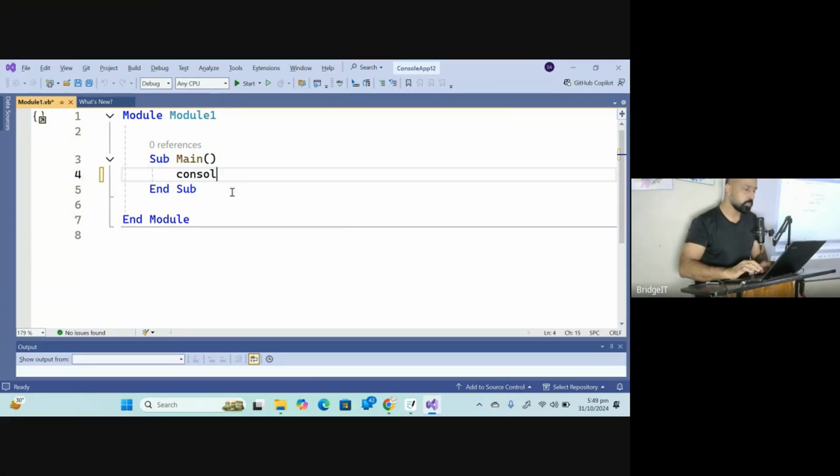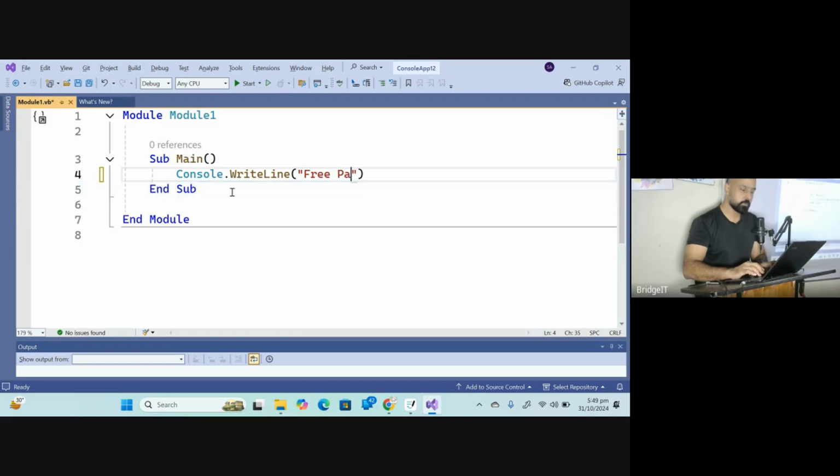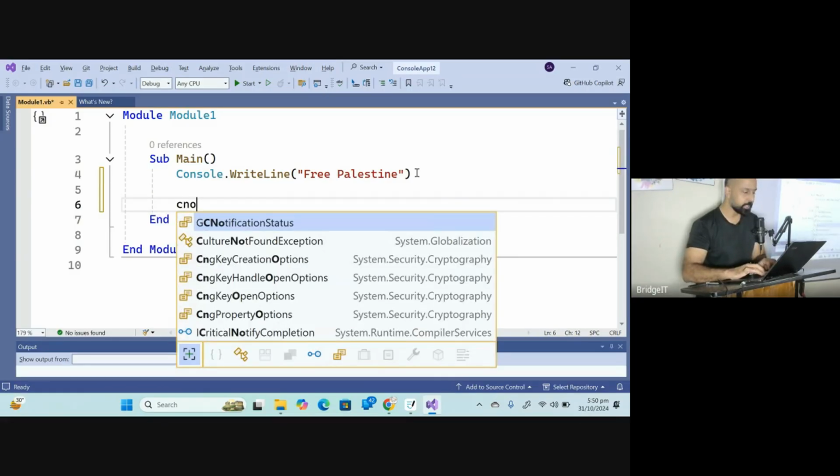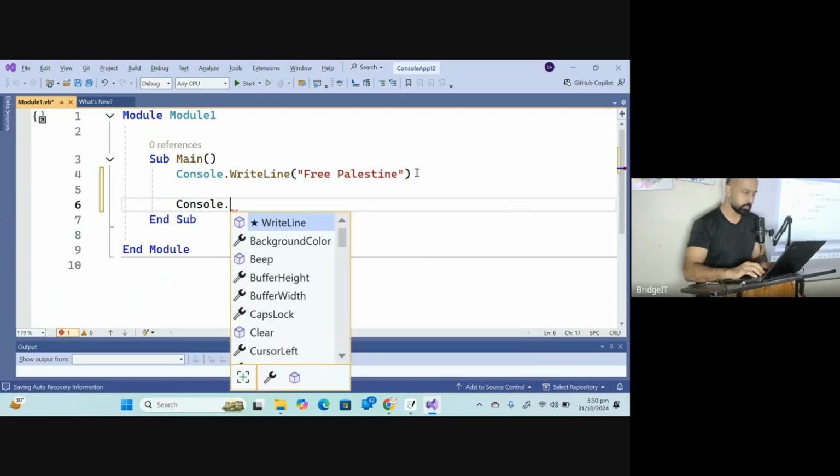Console.WriteLine, the message. Okay, so this is the program. If I'm going to run it, there is another helping word I need. Don't ask me right now what this means.